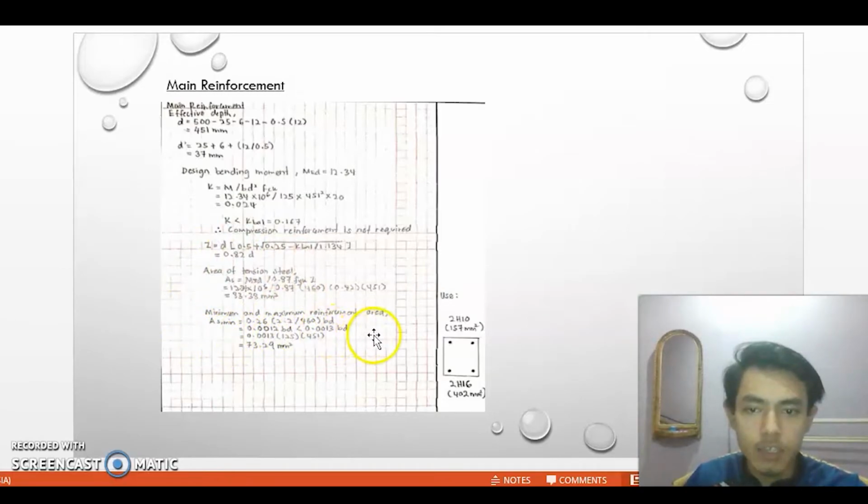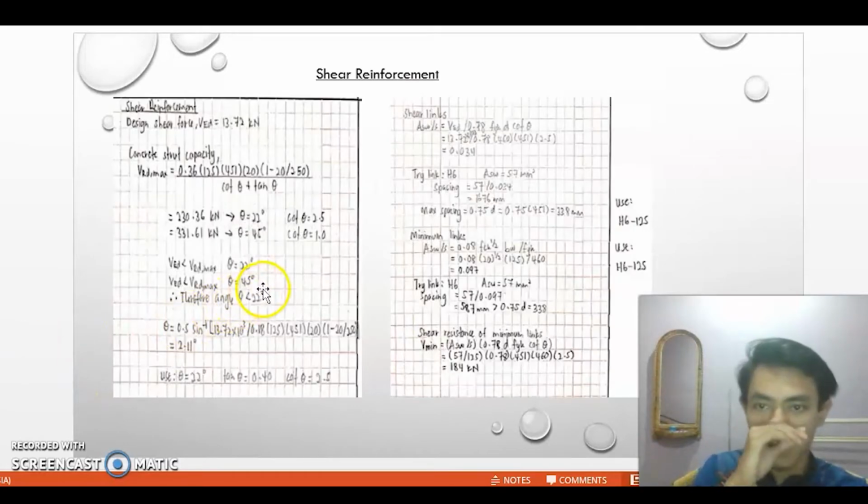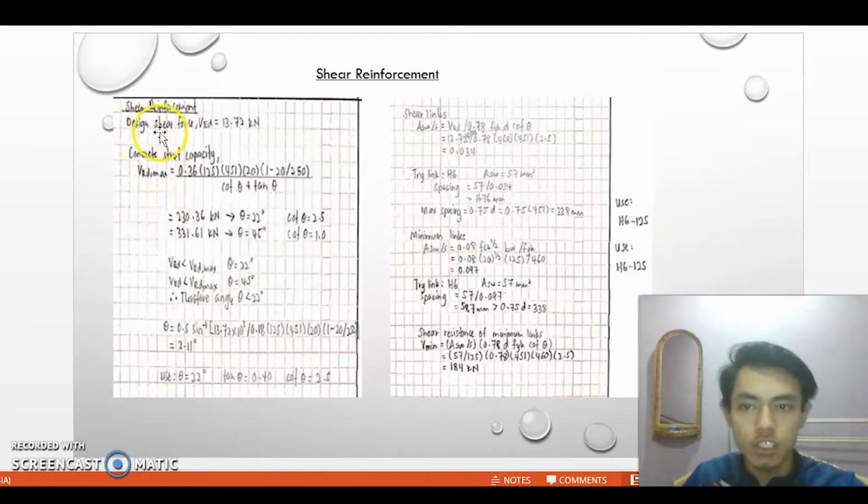For minimum and maximum reinforcement area, As,min, we get 73.29 mm². And then we use this. Okay, next, for shear reinforcement, where the shear design force, which is VED, is 13.72 kN, and then we calculate this shear characteristic, and then we use this value. For shearing, we calculate, and then we get 0.034 for this. This is our trailing and minimum links, and then we use